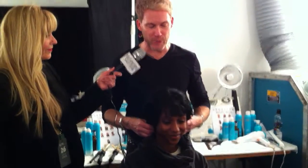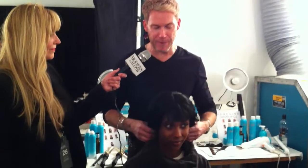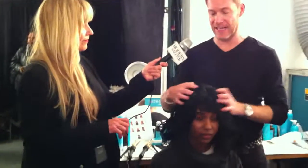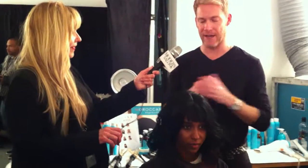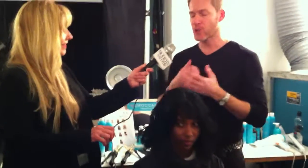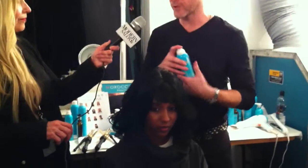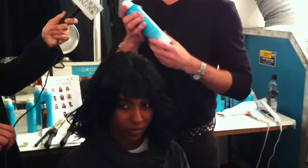And so what we're doing to give these a little bit more of a natural feel, because a synthetic wig could have a lot of sheen to it, almost like a Barbie doll, right? If you think of Barbie hair, doll hair, it has a lot of shine. So we're actually using our dry shampoo in dark tones to give it a little bit more of a matte